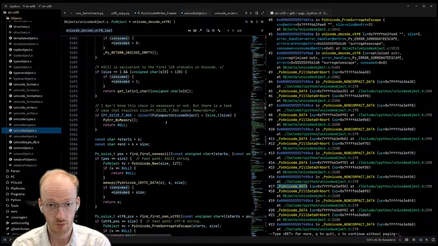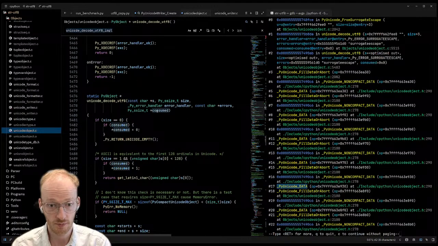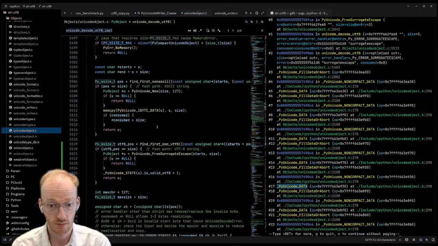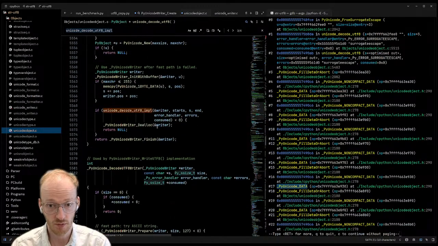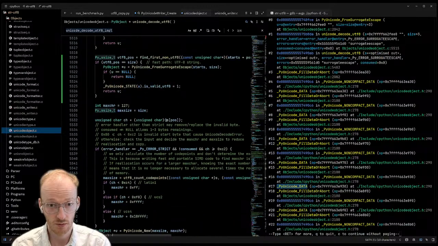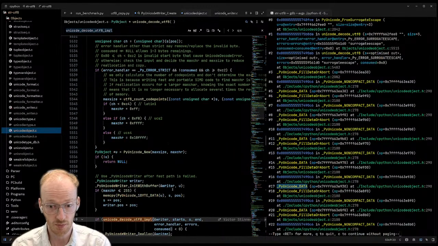Oh, it's an out pointer. Ah, right. That's fine. We probably don't need it. Let's just put it to null and see what happens.